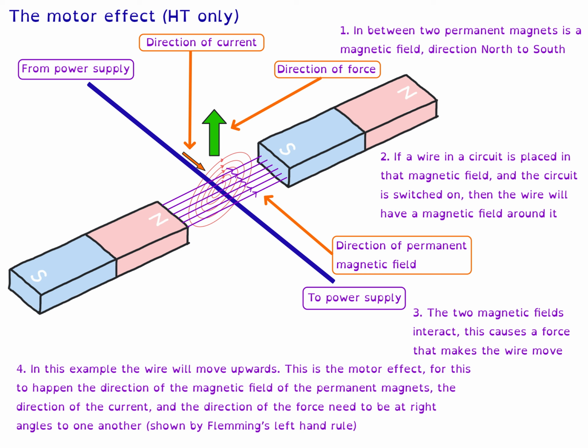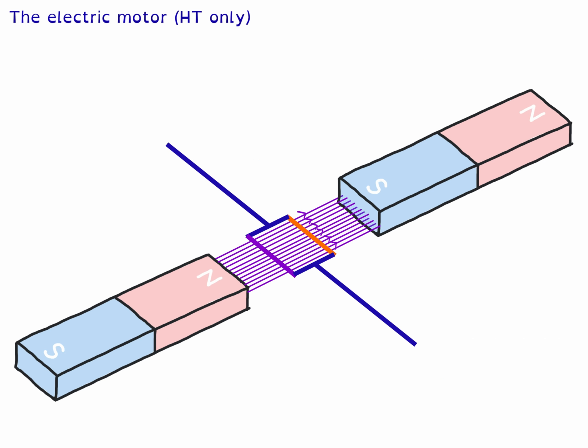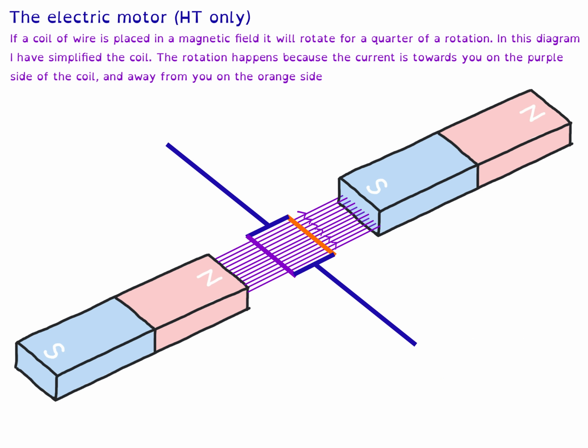For this to happen, the direction of the magnetic field of the permanent magnets, the direction of the current and the direction of the force need to be at right angles to one another, and this is shown by Fleming's left-hand rule. If a coil of wire is placed in a magnetic field, it will rotate for a quarter of a rotation. In this diagram, I have simplified the coil. But essentially it comes into the magnetic field, moves around and around for a number of turns